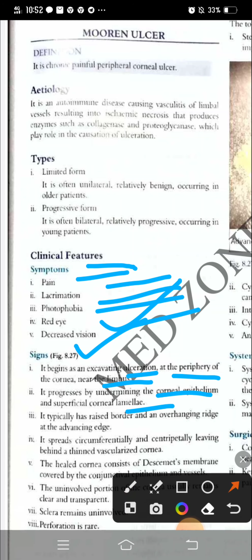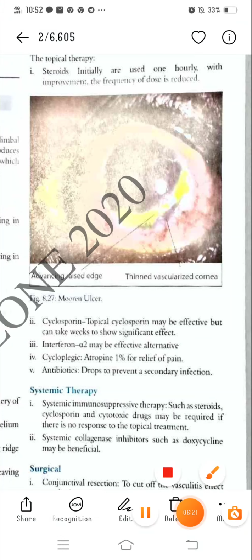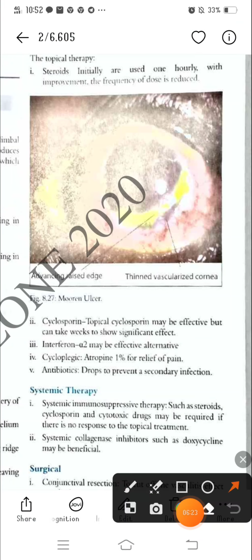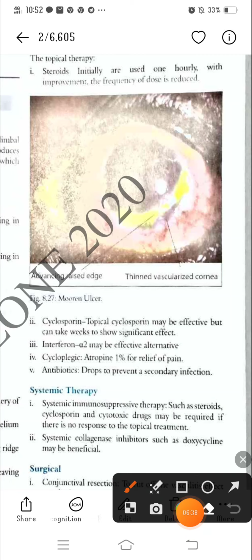And this ulcer basically has a raised border, and it also has an overhanging central ridge at the advancing edge, and at the base of the ulcer there is